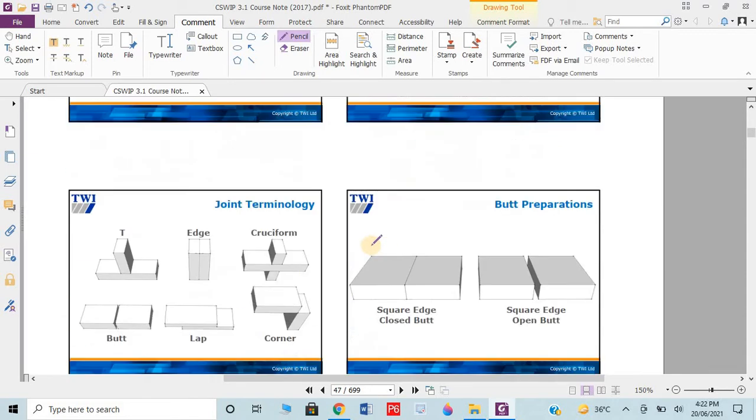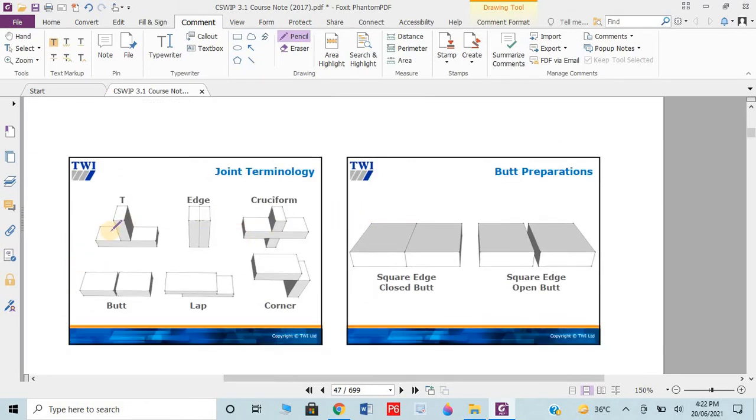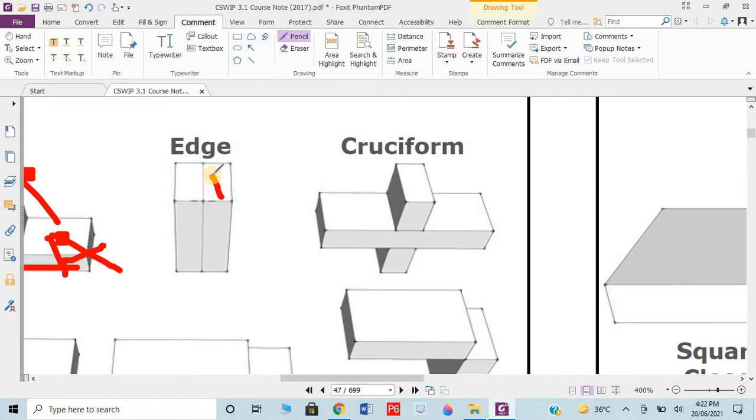I will elaborate further. You can see here, this is part A, this is part B. If both parts are joined together perpendicularly at 90 degrees, or within a specific range of angles, I will show you further. This is known as a perpendicular joint or T-joint. If the two parts join together from the corner, you can see here, if I zoom in, this is part B, suppose this is part A. If we want to weld here, we have the corner, then this is known as a corner joint or edge joint.